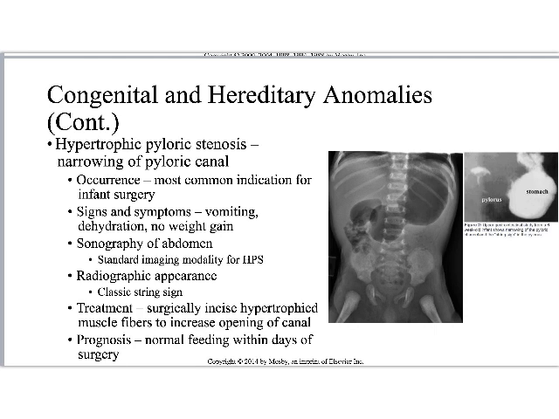It is the most common indication for infant surgery. So chances are you know someone or know someone who has had a child who's had to have this. Again, the related signs and symptoms are vomiting, dehydration, no weight gain, right? We're going to talk quite a bit